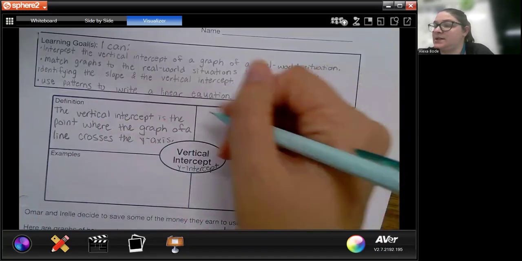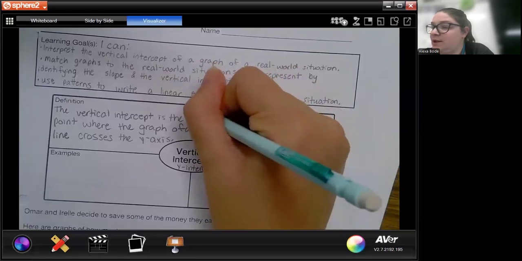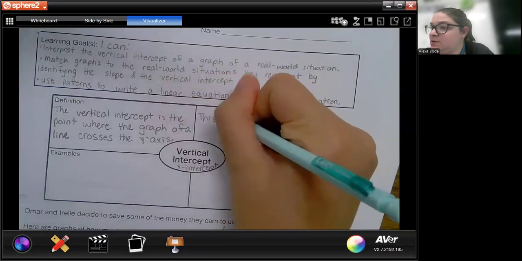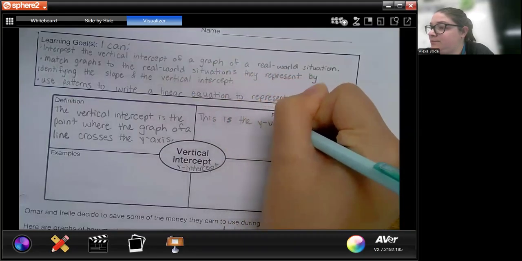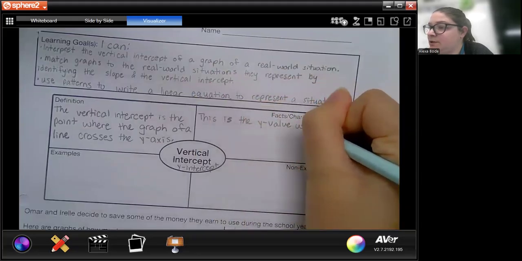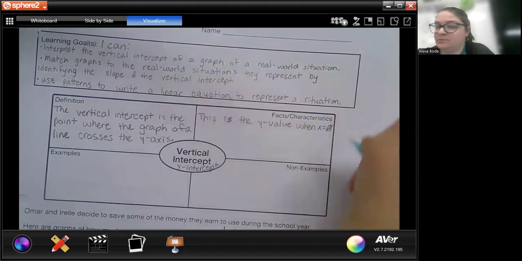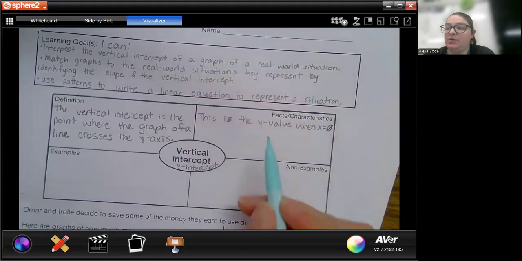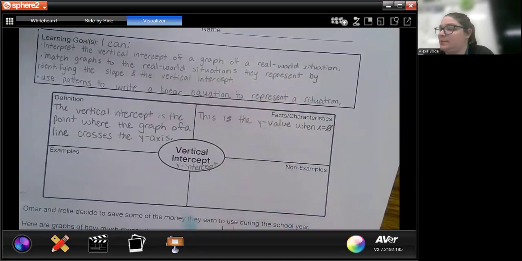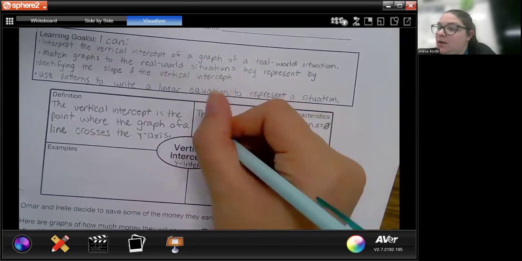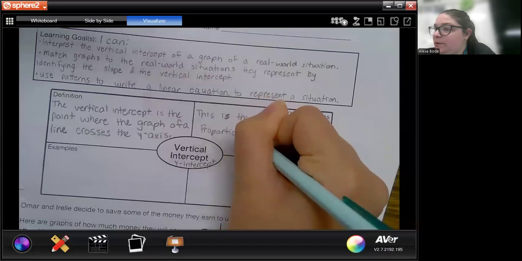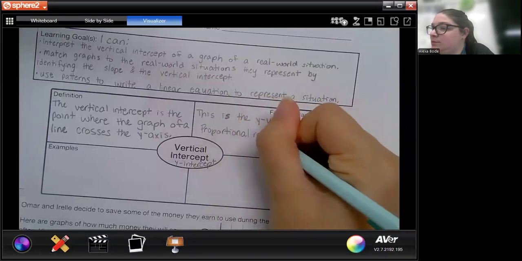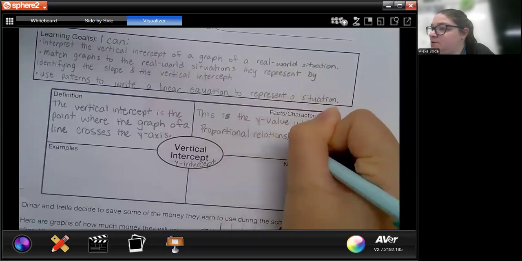So some facts and characteristics. We've got two. This point is the y value when x equals 0. So every time x equals 0, the y value is going to be your y-intercept because the y-axis is where x equals 0. The other fact is in proportional relationships, what we were working on last week,